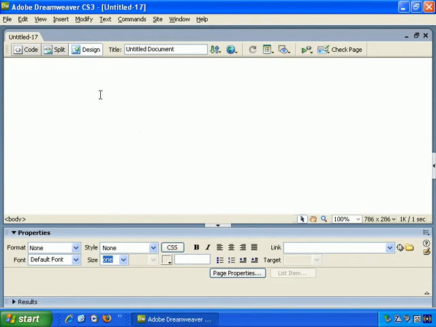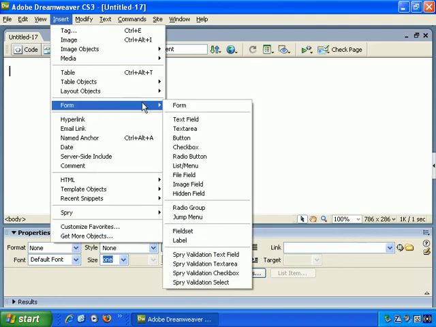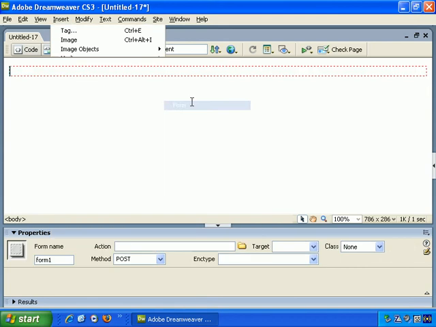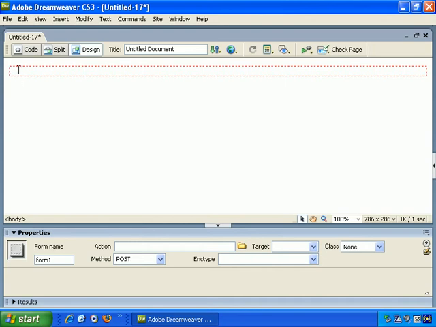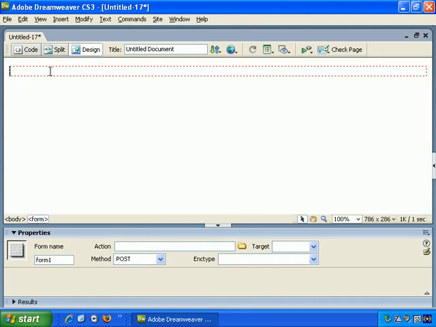So what we need to do is insert form, and if you just insert a form by itself, the form by itself doesn't have anything. It's just defining that information within this area will be sent to the website. If we go to Code View, it just uses the form tag. Okay, back to Design View, and here, if you click within the form,